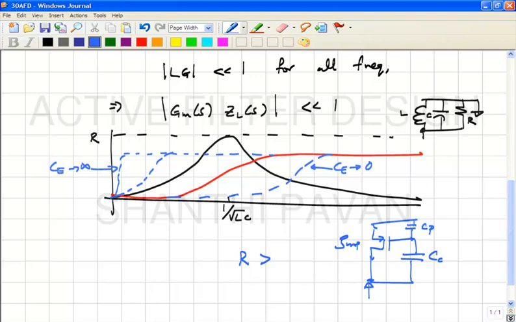Even if CP tends to 0 or CC tends to infinity, you can never do better than anything lower than that. You understand? Okay. So, the gain one needs to plan, the worst case, if GM of the NMOS transistor times 1 over GMP is much smaller than 1,